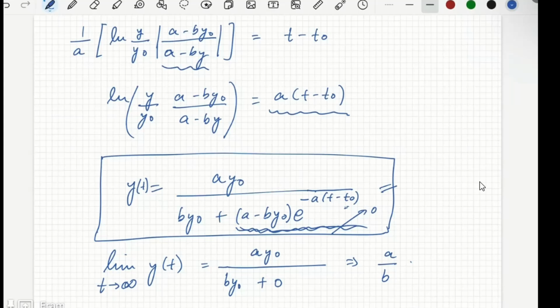No. So whatever the initial condition is, as t goes to infinity, the solution is going to converge to this value only. And this you can verify in MATLAB also. While simulating it, you can give different initial conditions, but as you plot the trajectory for a very long time, you will see that all those trajectories are converging to this value a by b. Okay,